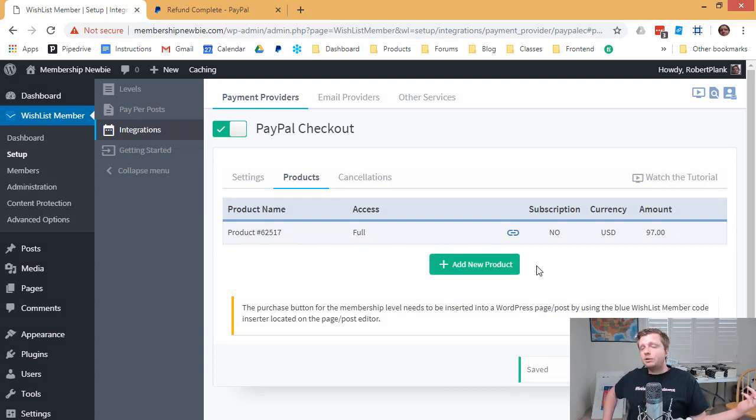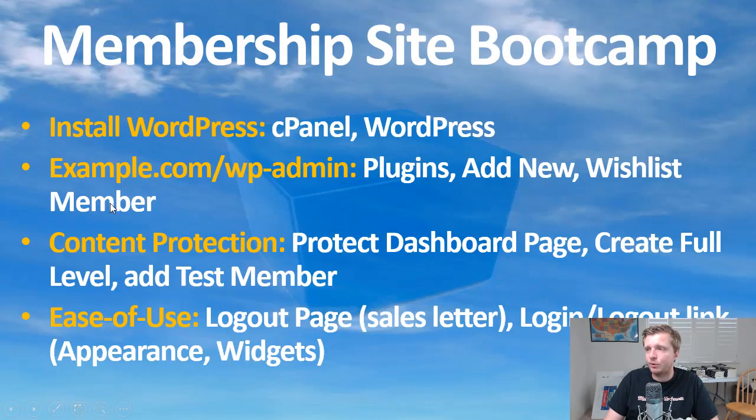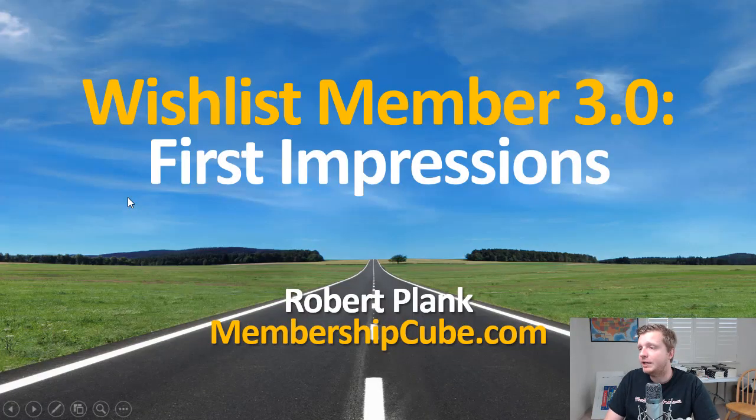So a lot less steps, a lot less clicking, a lot of things are more thought through in this new version of Wishlist Member. I recommend you check it out, and if you need help with membership sites, with getting your membership site plan figured out, with creating the content, with selling it, with getting members engaged and re-engaged,